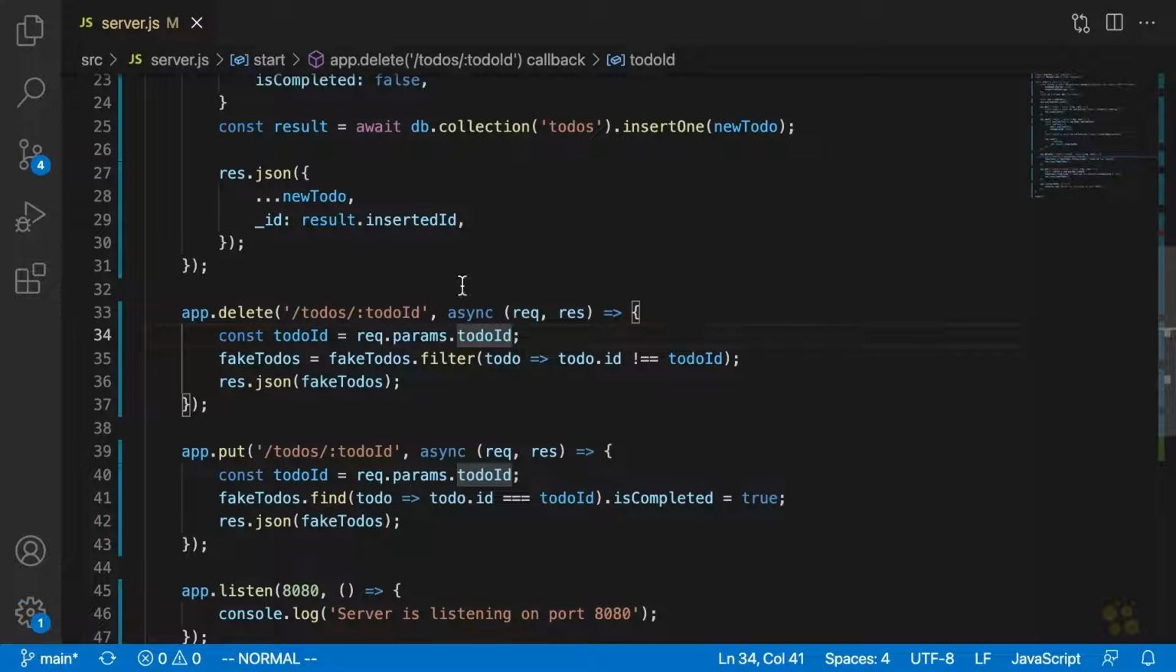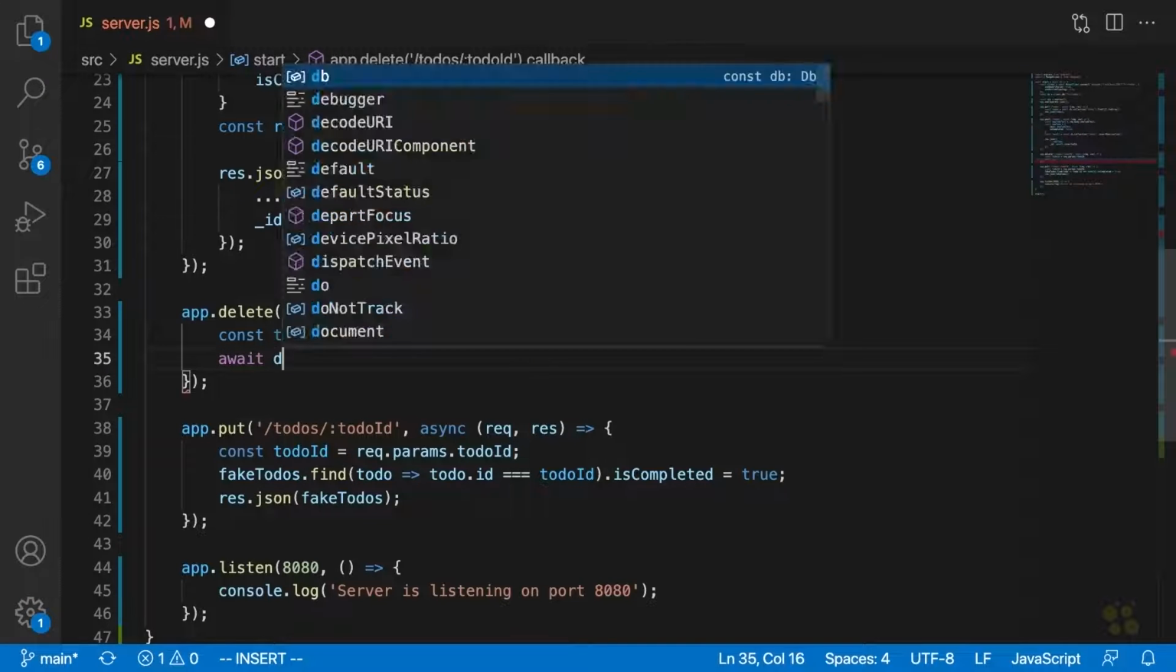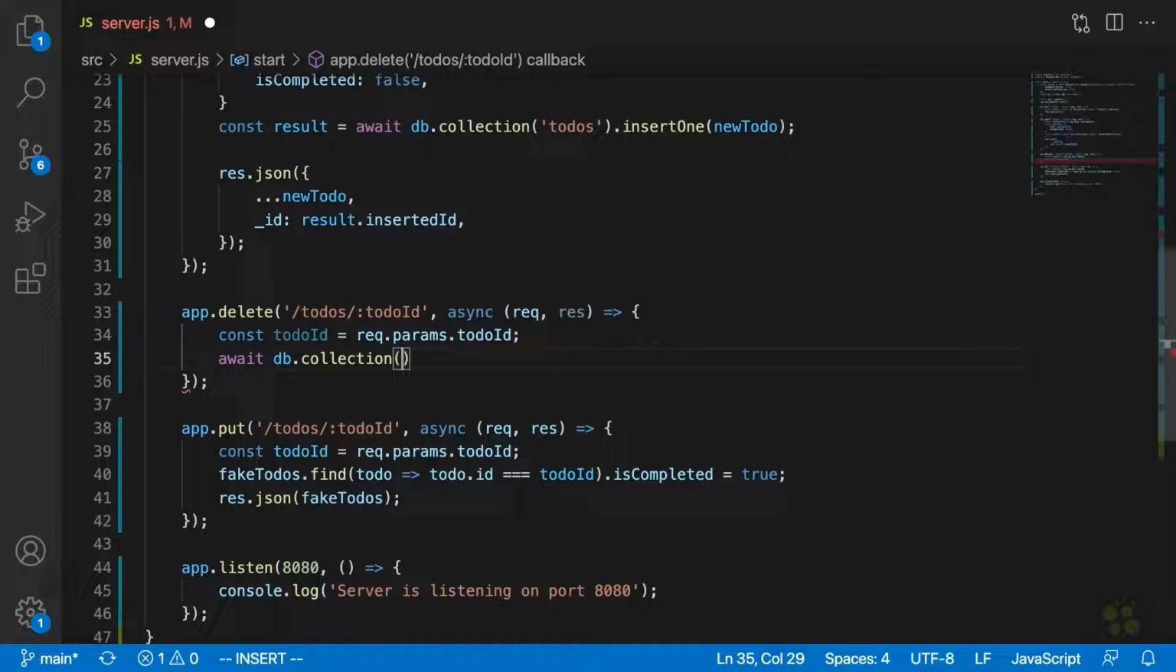So what we're going to do, we're going to leave todoId, which we're getting from the URL parameters. That's just like we want it. And we're going to remove this fakeTodos thing because, again, fakeTodos no longer exist. And in its place, we're going to put our MongoDB query. So essentially what we're going to do here is we're going to say await db.collection